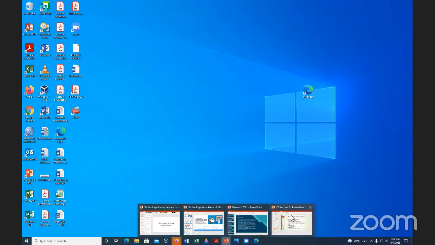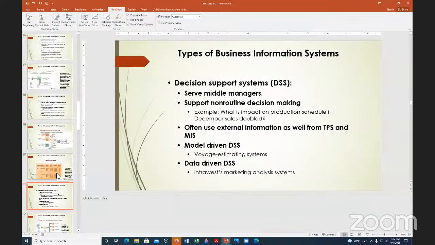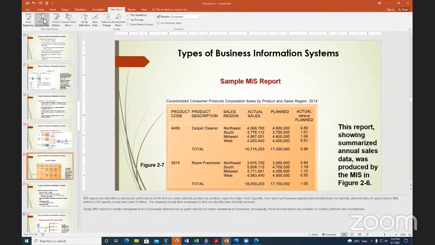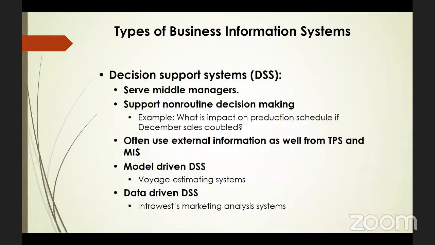Where was I? Yeah, so I think I was here, current slide. All right. Yes, so what time is it? Oh yeah, okay. Right, so the